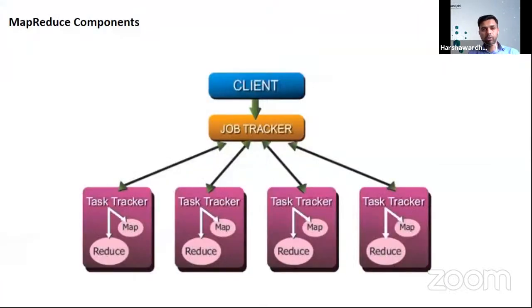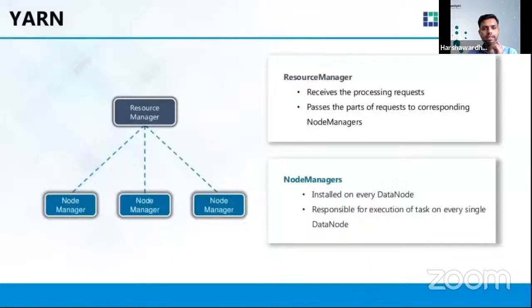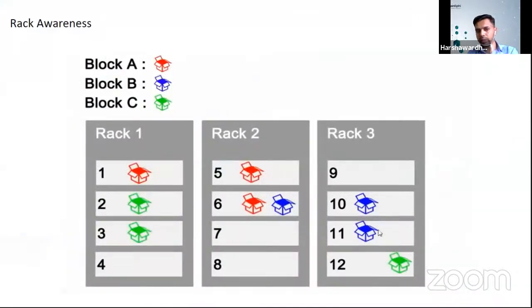Let's jump to the important component, that is MapReduce. We talked about HDFS and how it stores the data. Now we have to process that data. Let's go back to this slide. This is how the data is distributed and stored across the cluster. Now we have to process this data. There are some examples, and one of them, a Spark example, will be covered by Shivam.